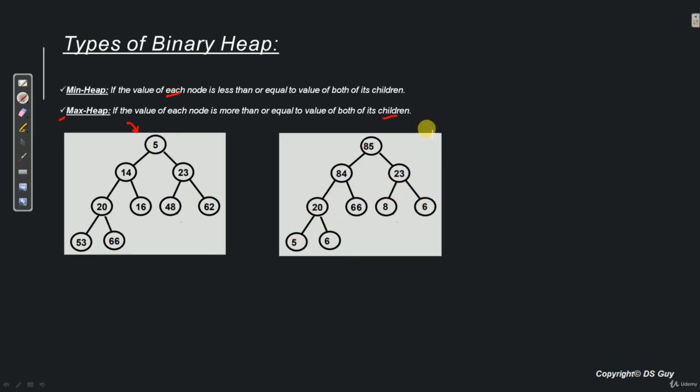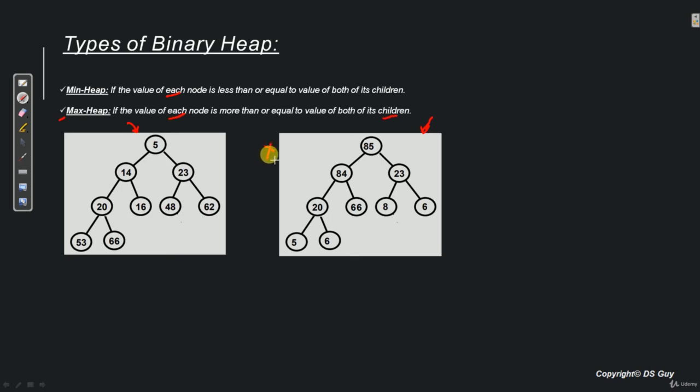So we can say that this is a max heap. Again, there is the word each, please pay close attention to it, that each of the nodes should follow this property. If any of the nodes does not follow this property of max heap, we cannot call it a max heap.